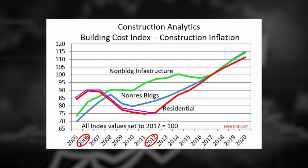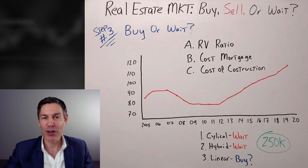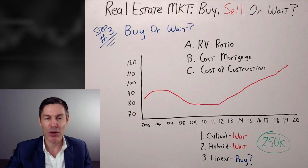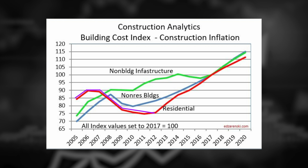That would make sense. Labor costs go down. Materials probably didn't change much, but labor is what changed a lot, and the price of the land. 2012, when we hit the bottom, we start to quote unquote recover. I don't like that word because I don't think prices recovered. They're just reinflated. So when prices reinflate, so does the cost of construction, taking us to where we are today,